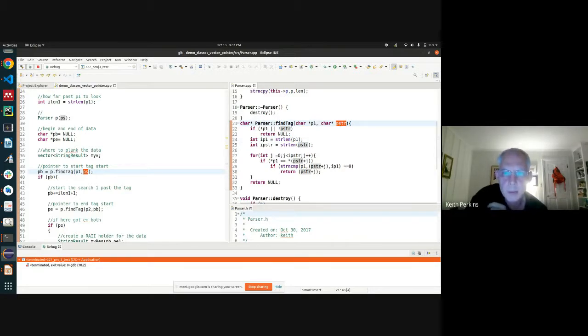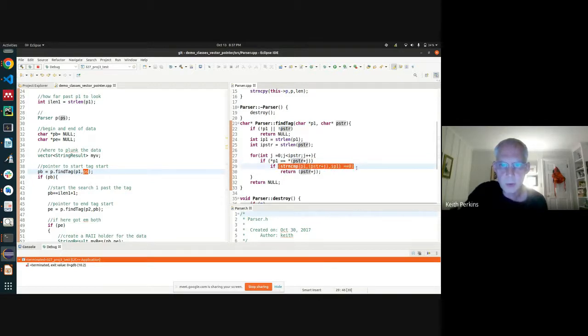Then it iterates through every one of those characters, looking to see if I've got a match on the first character of what this pointer points to, which is the string I'm looking for the tag in, and what my start tag begins with. And if I get a match,